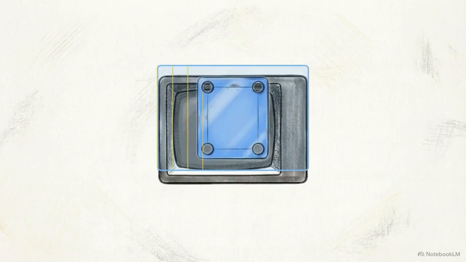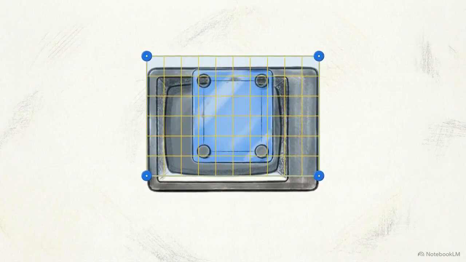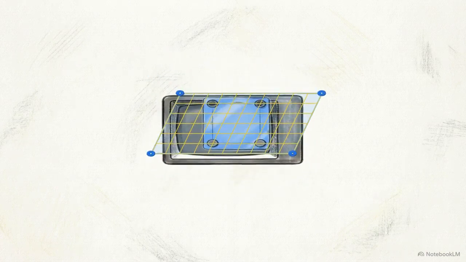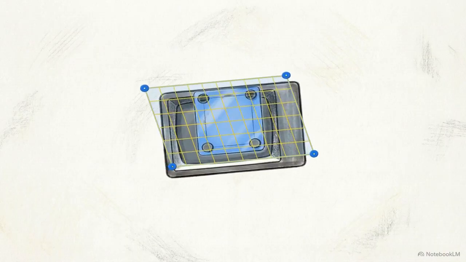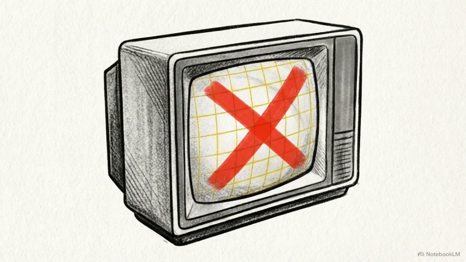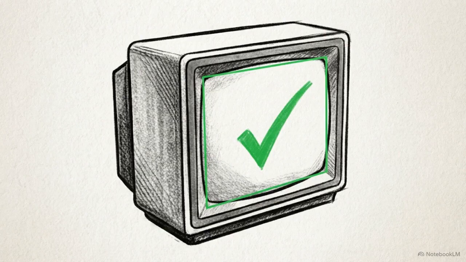This diagram illustrates the alternative, planar tracking. Instead of hunting for independent pixels, the engine analyzes the object as a flat 3D geometric plane. It calculates how that entire surface translates, scales, and rotates as a single mathematical equation. To achieve a flawless track, you have to abandon your first instinct. You cannot track the glass screen itself. When you feed the tracker information about the physical plane, rather than the glowing pixels, screen replacement becomes a predictable,